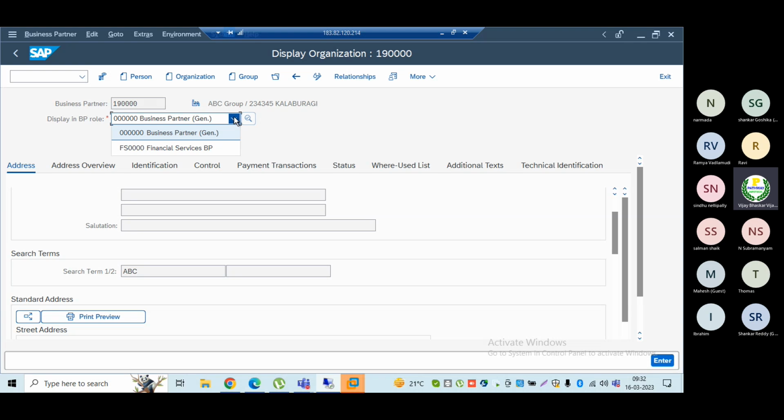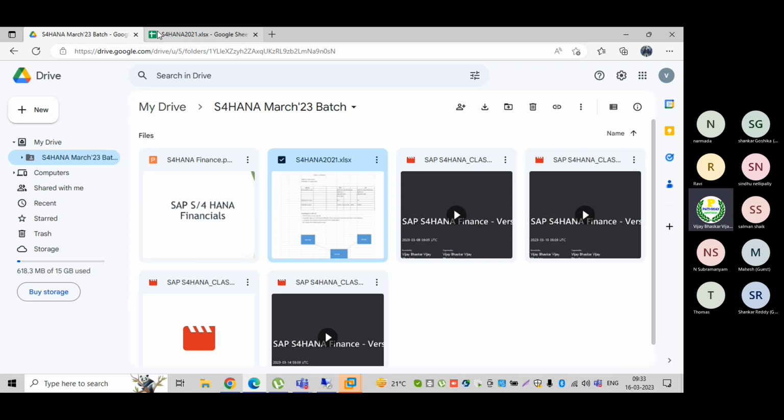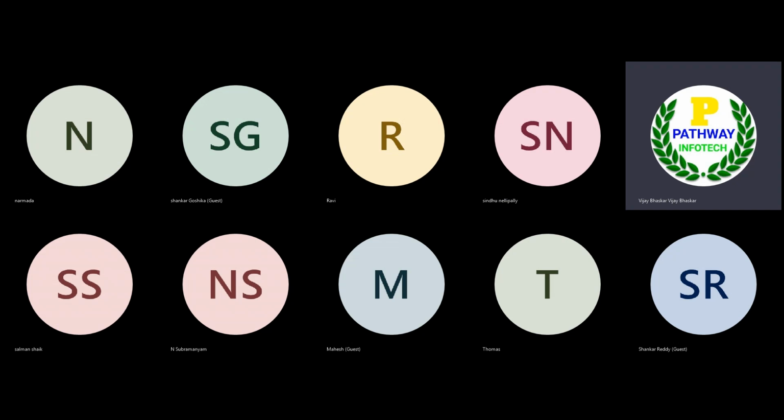I will explain the important roles that need to be assigned, and then how one business partner can be extended to multiple company codes, in tomorrow's session. If you have any further queries, please come back to me tomorrow and I will clarify. This is the sheet. It's a live sheet, I have updated it from the drive itself. You can access the changes from today's discussion readily from here. It's the updated one. My internet connection is still not good, so that is the reason I will share how